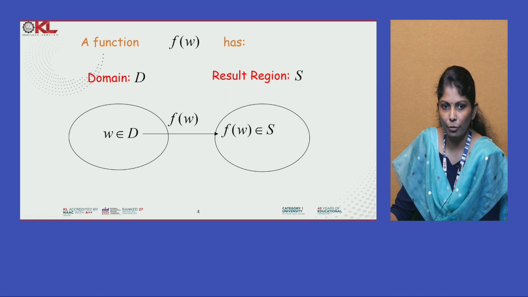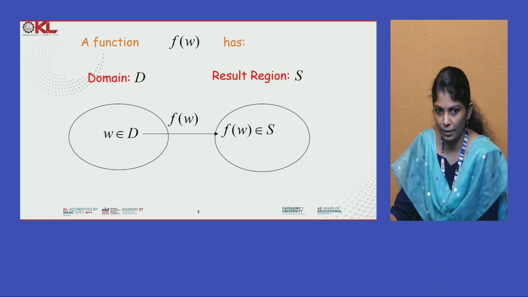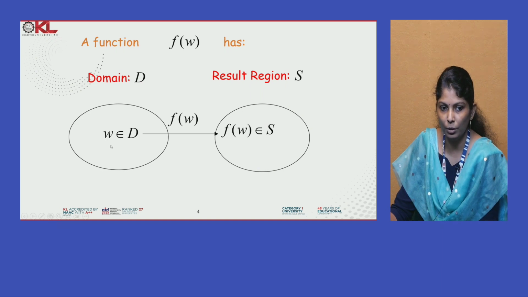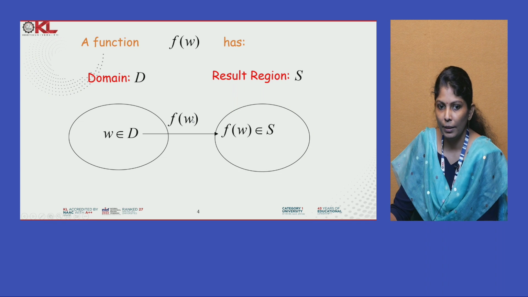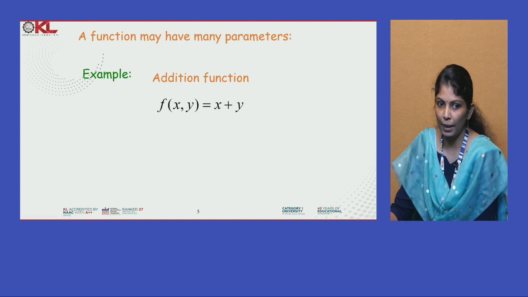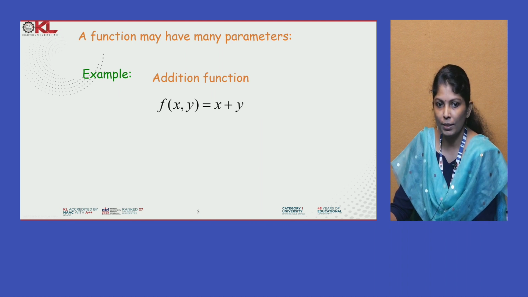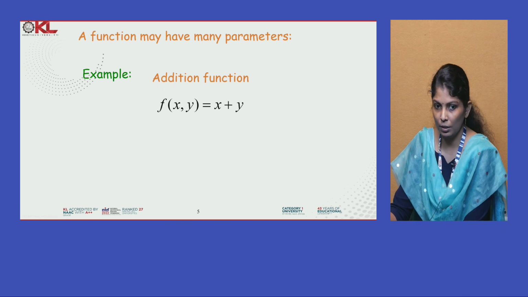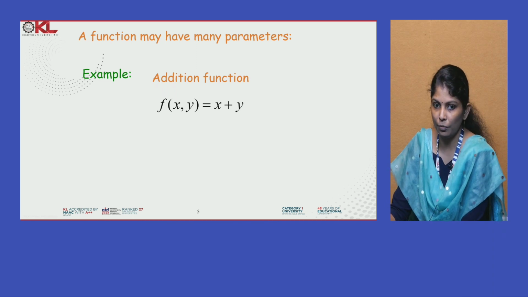So a function f of w has a domain D and a result region S. In that case, the input w belongs to D, the domain, and after execution the result should belong to the region S. Okay. So a function may have parameters. For example, the addition function f of x,y is equal to x plus y. So x and y are the input, in the domain D, and x plus y is in the